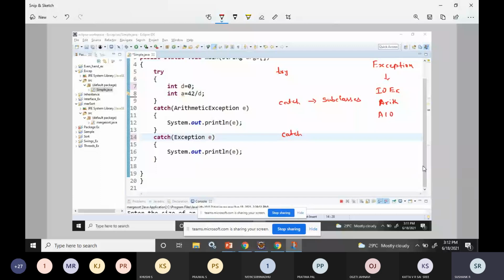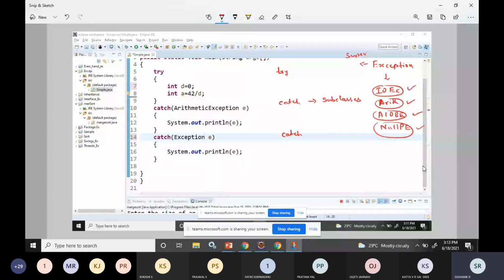These are the subclasses, and this is the superclass which can handle all these things. This Exception class can handle IO exception, arithmetic exception, array index out of bound issues. It can also handle null pointer exception, number format exception, all these things.